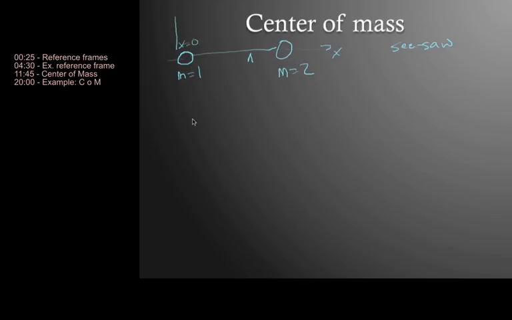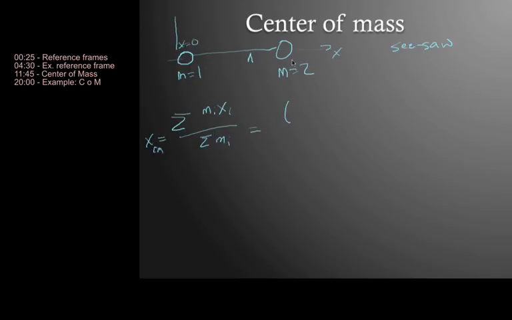So the center of mass is going to be the sum of all of your masses times their position, divided by the total mass of the system. Now don't get confused here. This sum of m_i can't cancel out with the sum of this m_i, because inside this sum there's this product with the positions. So it doesn't just cancel out.